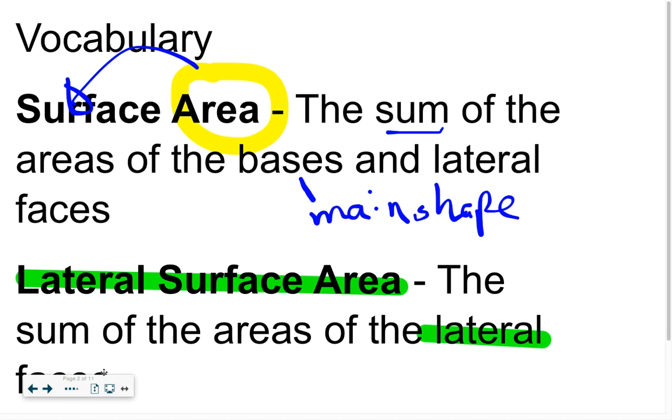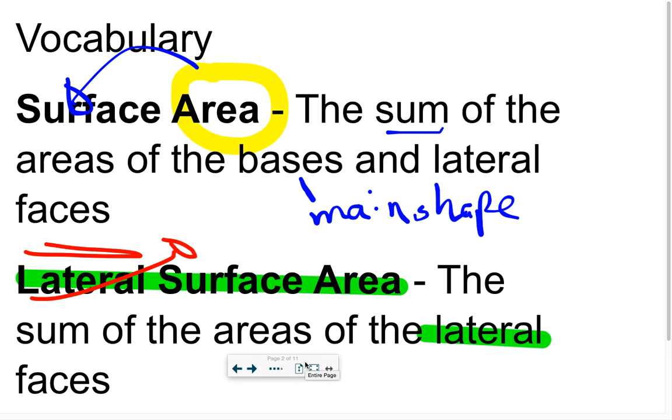But what you're going to see is that lateral, much like in football, if you do a lateral, it throws side to side. Or if you're in basketball doing a shuffle drill, you're going side to side. The lateral surface areas are the side faces. They're everything else but the base, the main shape. And again, that'll make more sense as we continue to do problems bit by bit, day by day on lateral